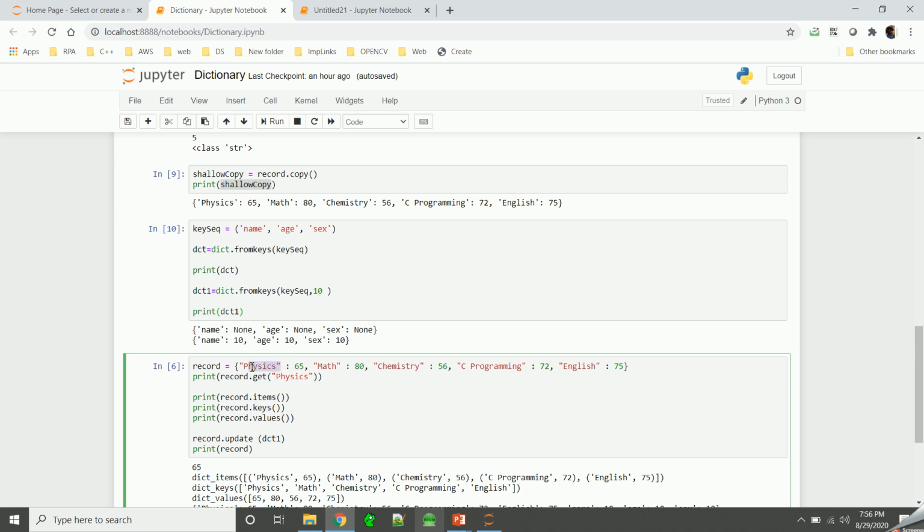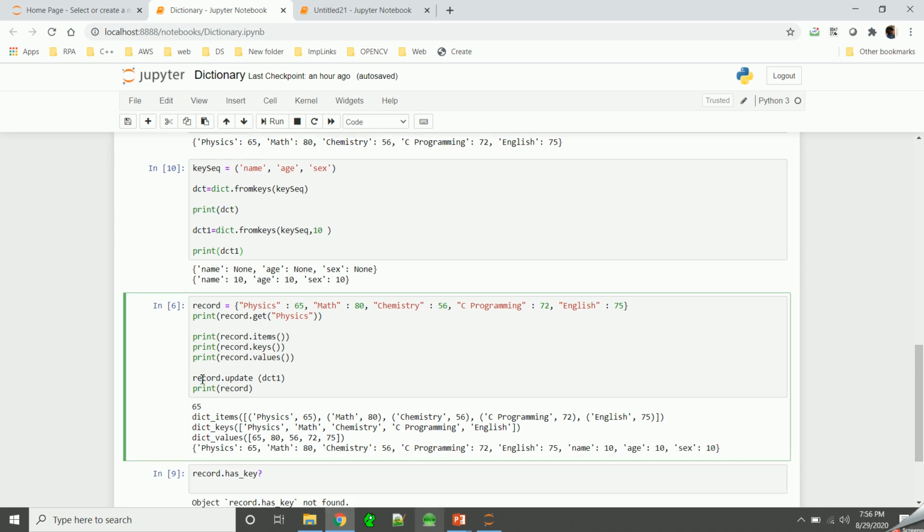Basically physics is the key, math is the key, chemistry is the key, and C program is the key. Each key-value pair is separated by a colon, where the first entry is the key, then the value, then the key, then the value. Okay. And this values function will give you all the values that are there in this dictionary. So here we have 65, 80.